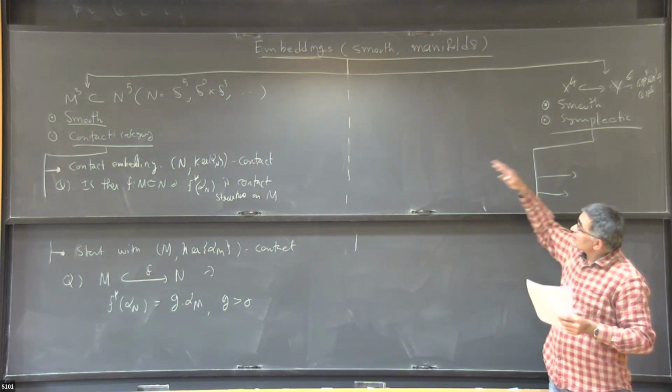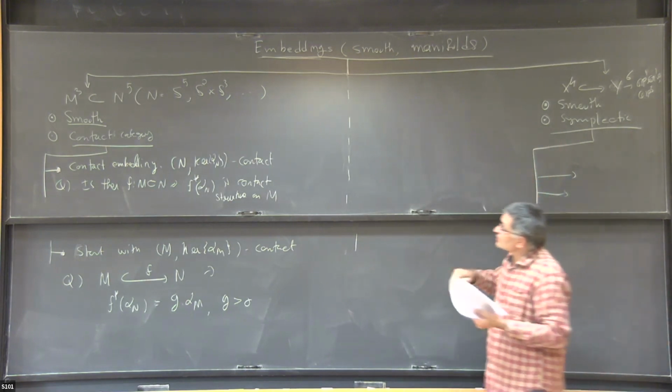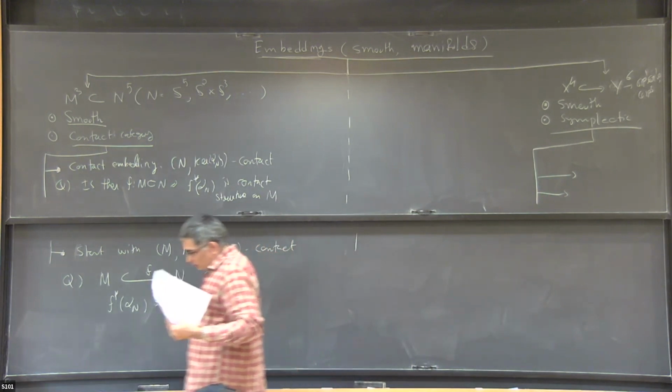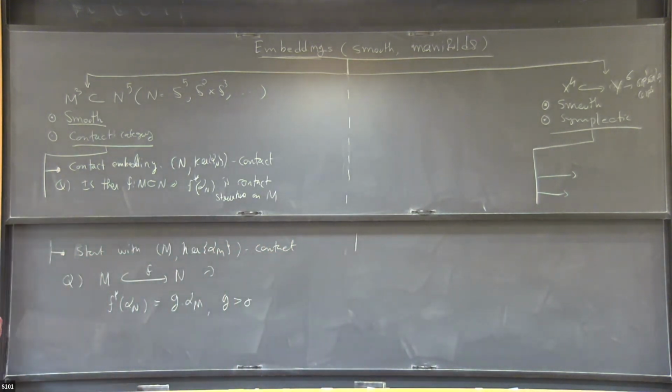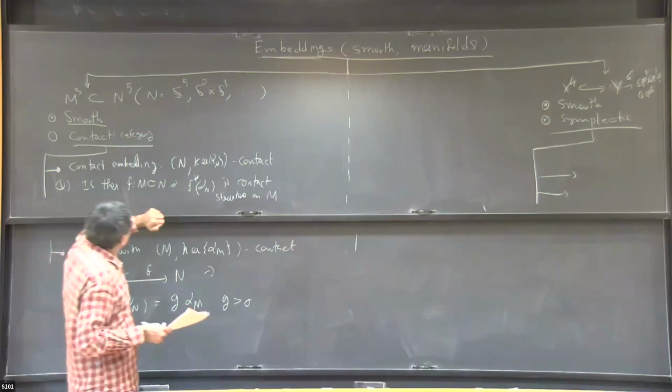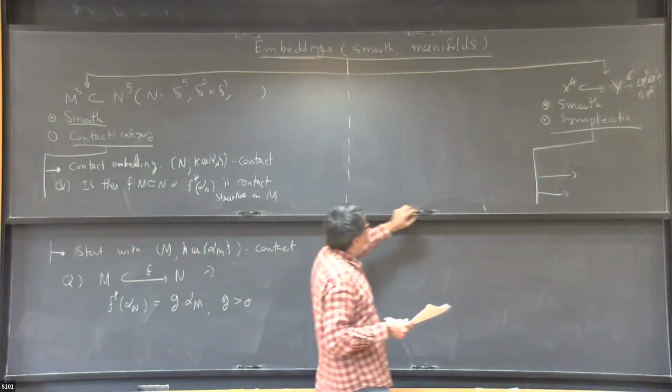We wanted to understand this smooth embedding also because we wanted to make the smooth embedding, in some sense, compatible with this geometric structure. So I'll come to it. So let me first kind of